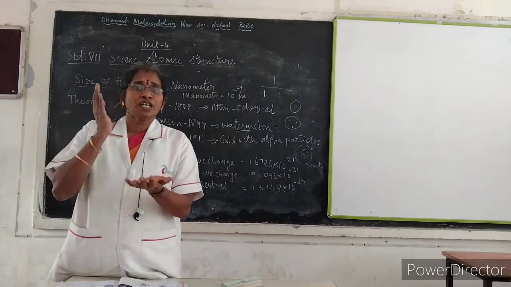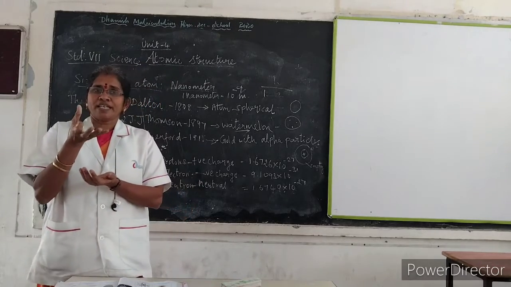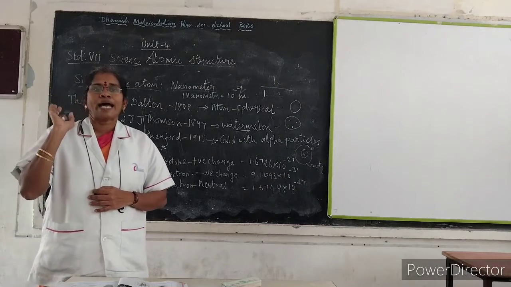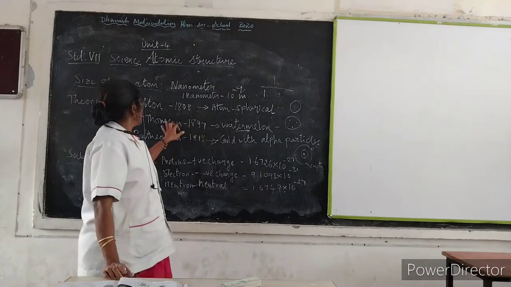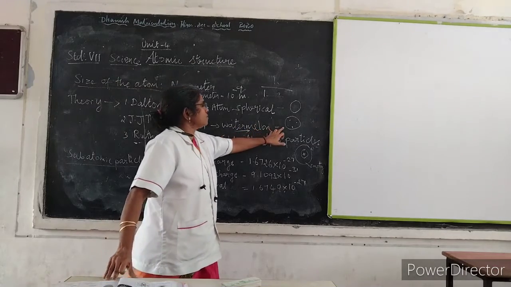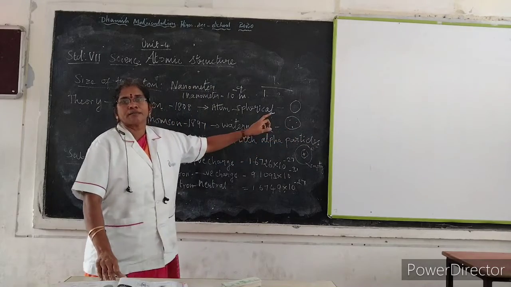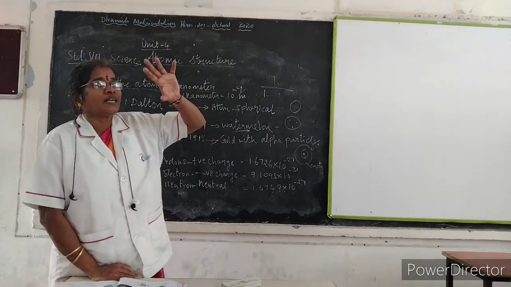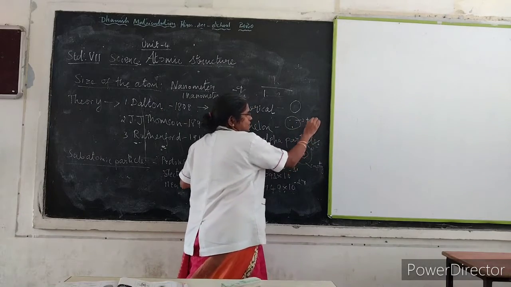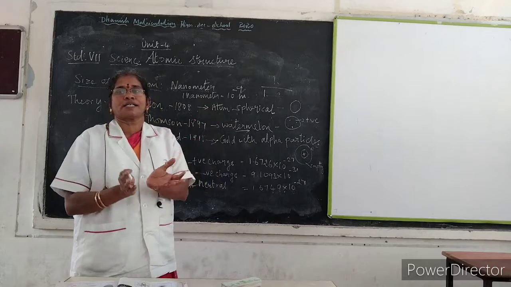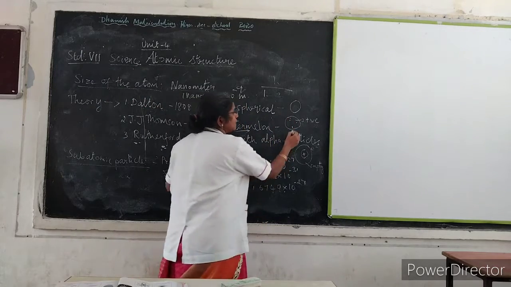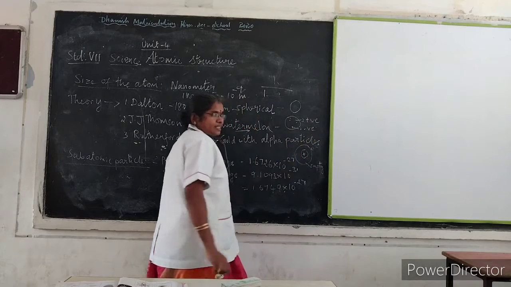It will be green in color. If you cut it inside, the pulp will be red in color, and then and there you can find the seeds, which are black in color. So this J.J. Thomson imagined the atom as a watermelon. He considered the watermelon as an atom, and the red pulp he named as a positive charge, and all the seeds, which are black in color, he named as a negative charge.